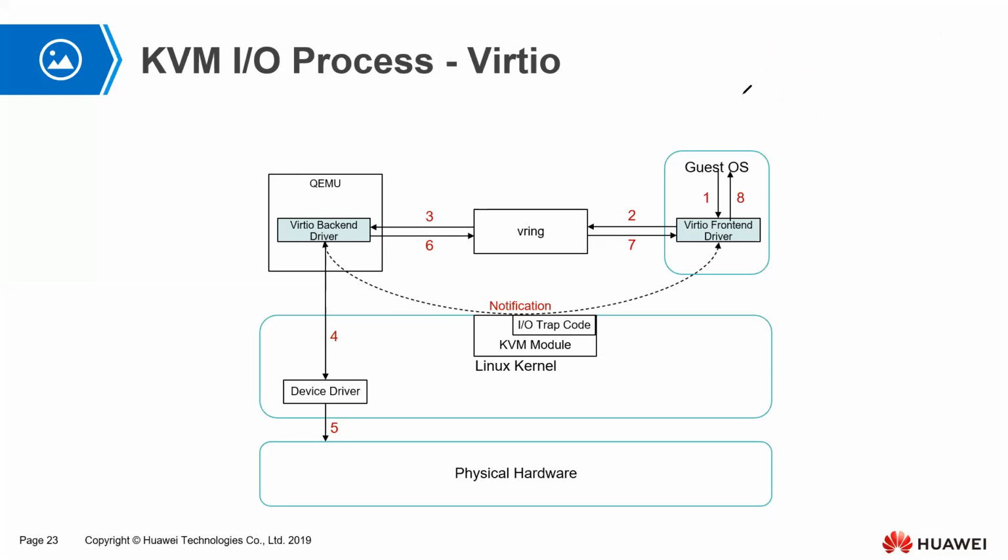Here, the virtual machine initiates an input and output operation request. Then the input and output request is not captured by the input and output trap code. Remember the trap code, the program which used to capture the requests. This time round, the request is not captured by that emulation.